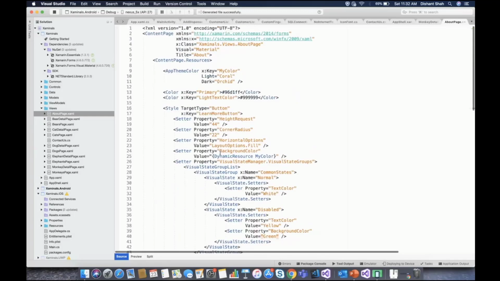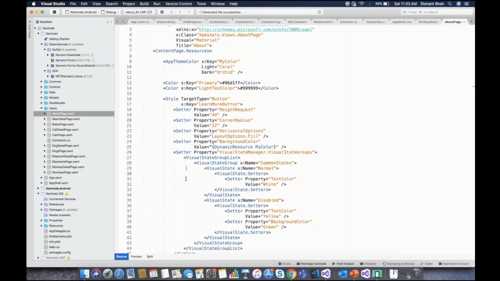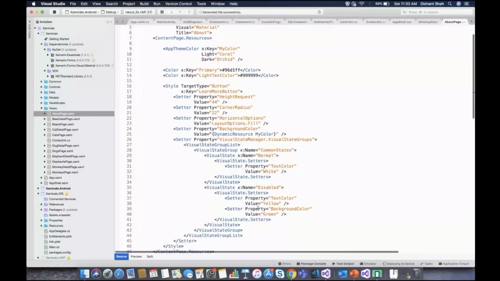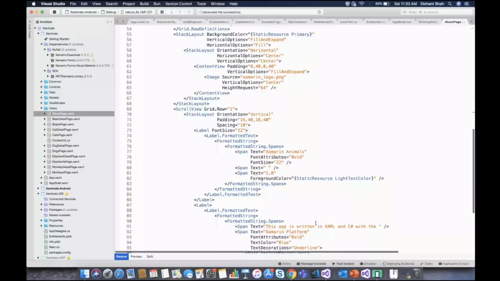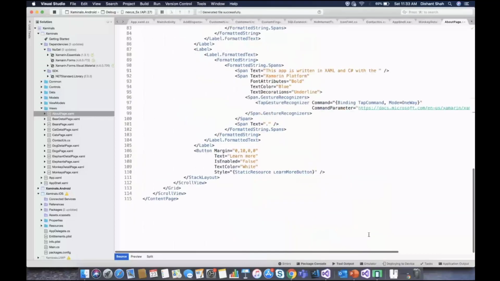If you don't want to create your custom renderer, or if you have created custom renderers already and you are switching to 4.6, this feature you should definitely check out. You can remove your custom renderers and create some styles, global styles, or maybe inline styles, and you can use this disable feature. So this is the first feature, or maybe we can call it one of the updates we got as part of the material design update. Let's jump to the next one.